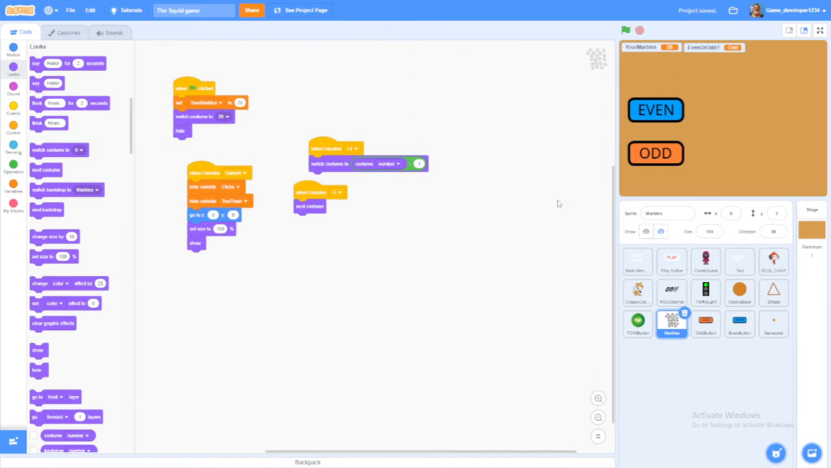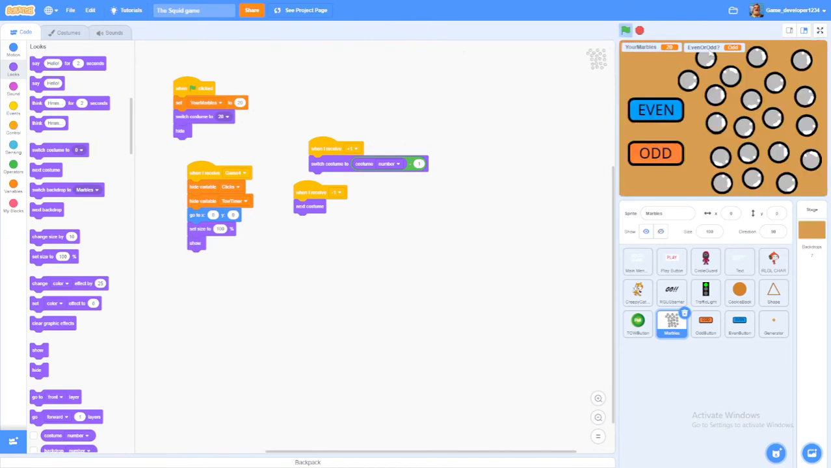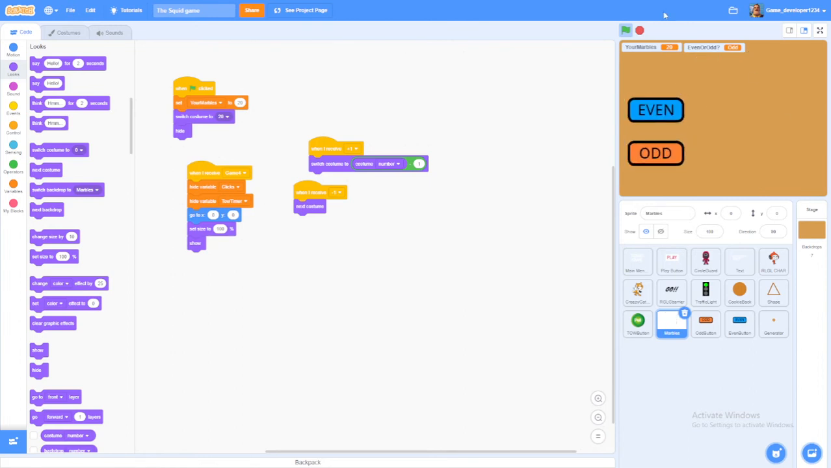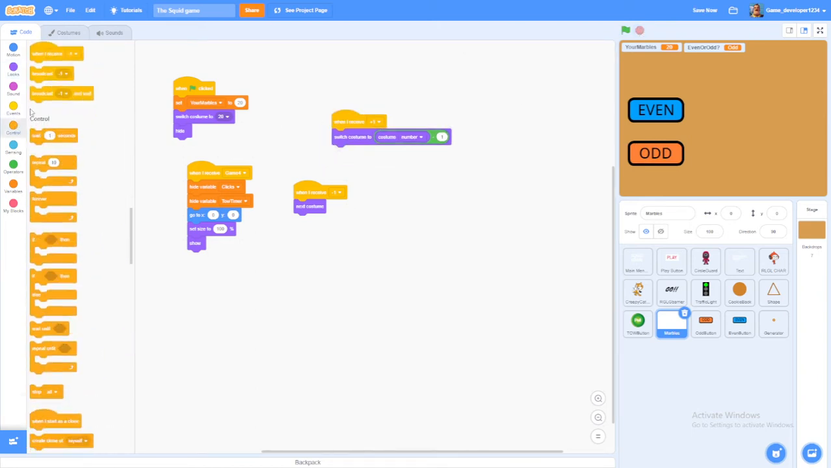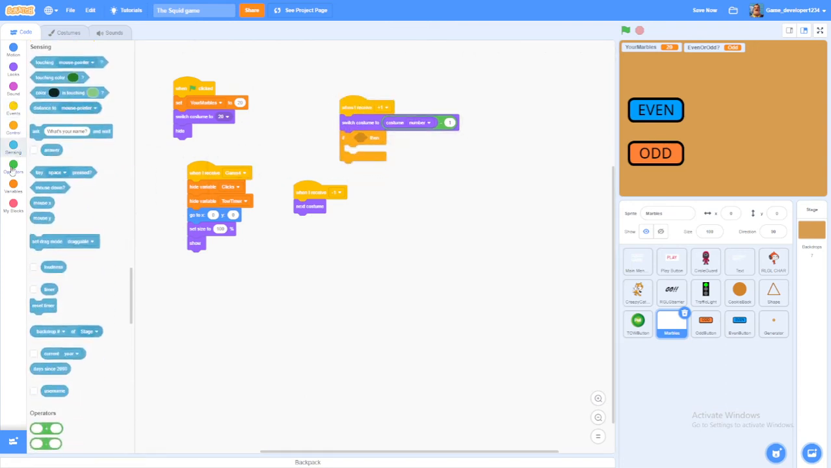Yeah. So now, if we test this out, so it's odd right now. If I do even, you can see we lose marbles. If I do odd, we gain the marbles. But now you're going to see, if I press odd again, we're going to go to 0 marbles, which is not good. So, we're also going to put in if, and then equals to,